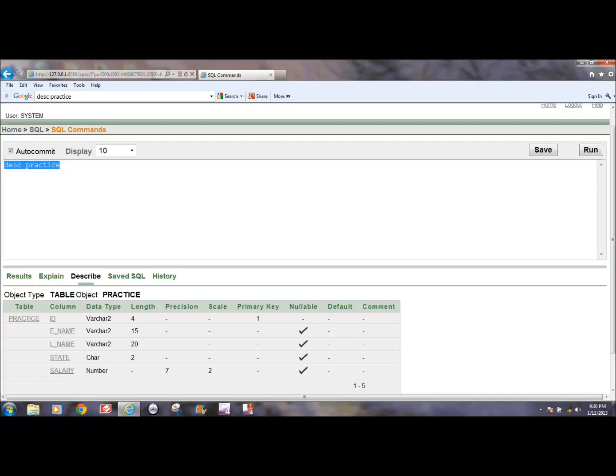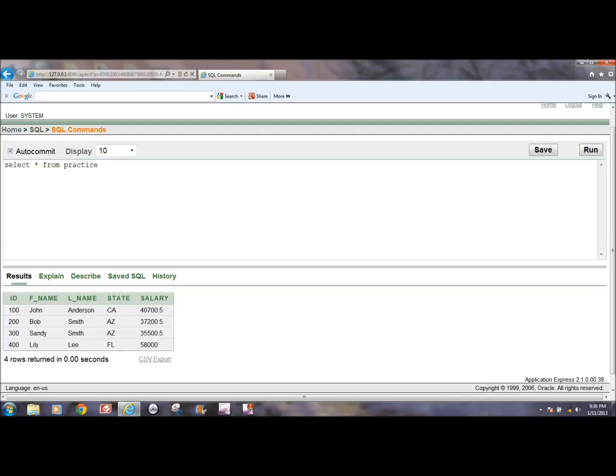To demonstrate this, why don't we go back to our table, select all values from practice, and suppose we decide we want to insert another row in. And we say insert into practice, which is our table, values. Let's give an ID value of 400. First name, make it Tom. Last name, we'll make it Smith. State will be California. The salary will be